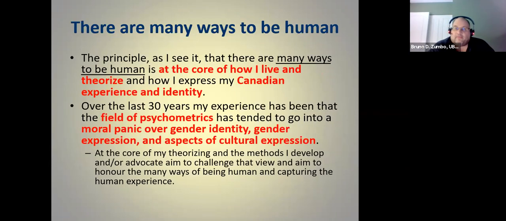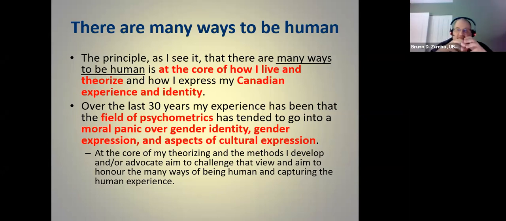The fundamental principle that governs my thinking is that there are many ways to be human. I'm not the first to talk about this principle. The principle, however, as I see it, is that there are many ways to be human, and that this principle is at the core of how I live and I theorize and how I express my Canadian experience and identity. I say this because it's, first of all, about me as a theorist and how I, in fact, live my life. And it's not just about theorizing, but also